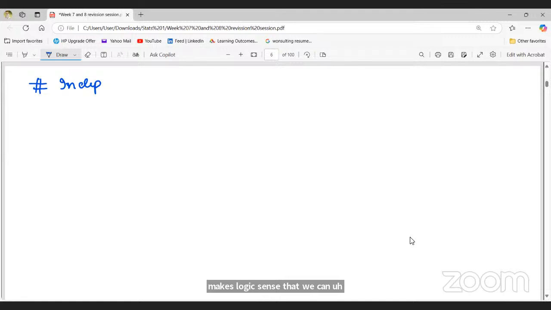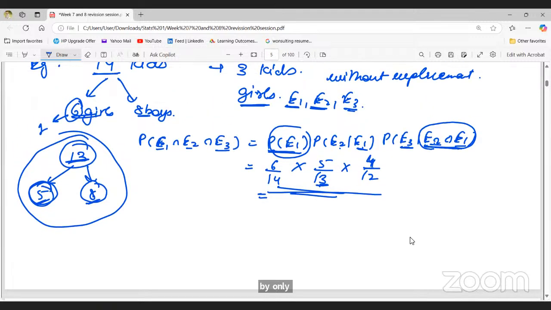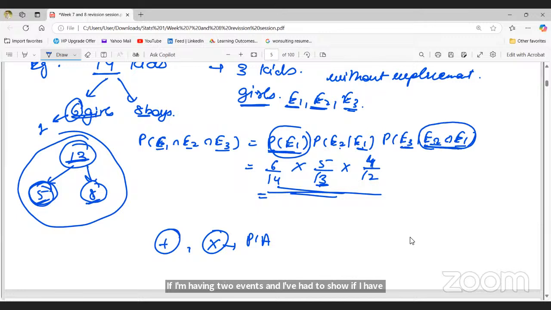It's just finding out the probabilities only with some conditions involved. Why don't we do addition and why only multiplication? If you have done week 5 and 6, when we use addition and multiplication, you would know that if I have two events and I have to calculate the probability of A and B, then I would be multiplying, right? If I have to calculate the probability of N1 or N2 happening, I would be adding it, right?